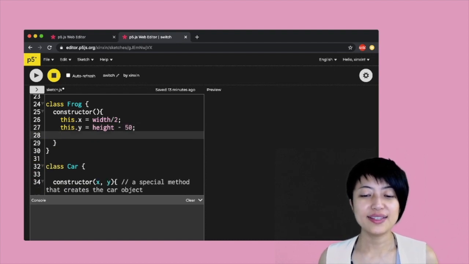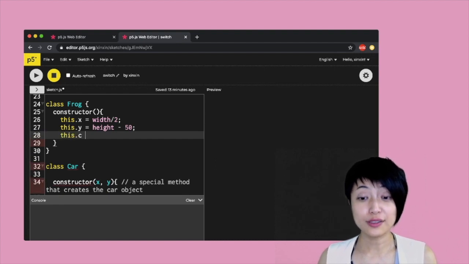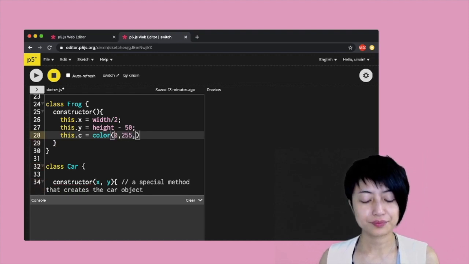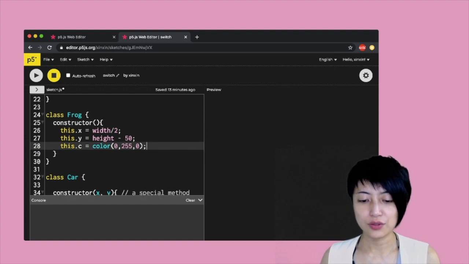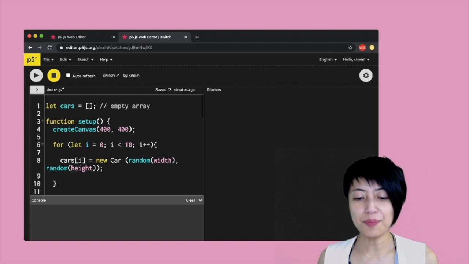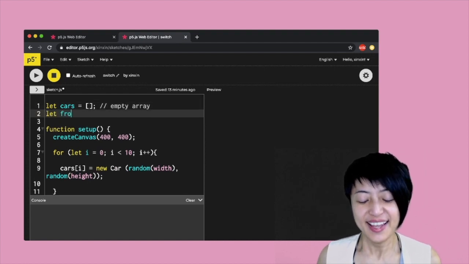Okay, and I also want a color for my frog. So this.c equals color(0, 255, 0). Okay, and so now I can go up to create a let frog1, and